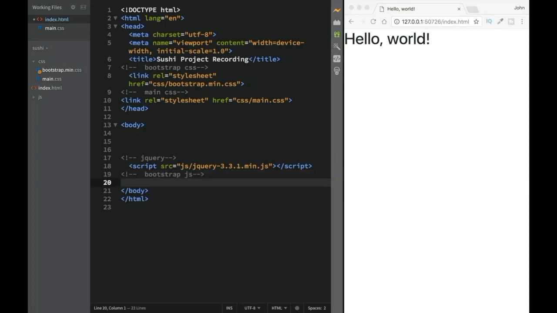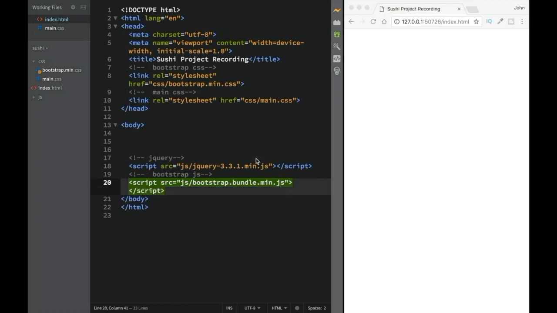And again, we're going to create a script. So I'm going to say that this is going to be script tags. And over here, we're going to say that this is going to be a source. And for the source, what we would want, again, is a JS over here. And we're going to say that this is going to be bundle min JS over here. Now, once we have these two, we can go ahead and test it out